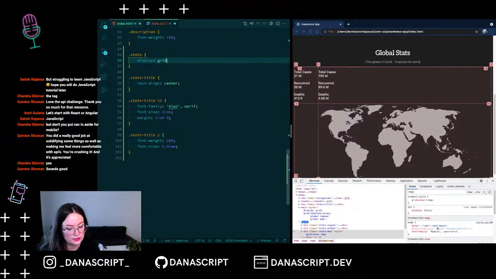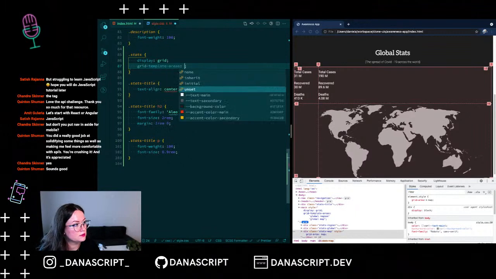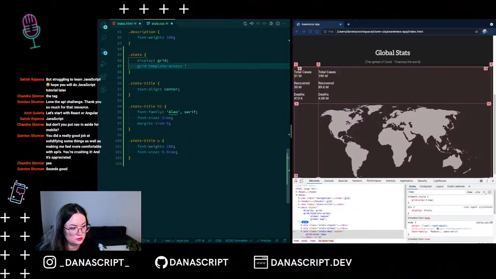Display grid, and then grid template areas is gonna be global region,